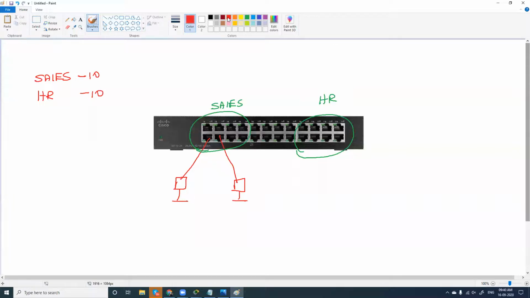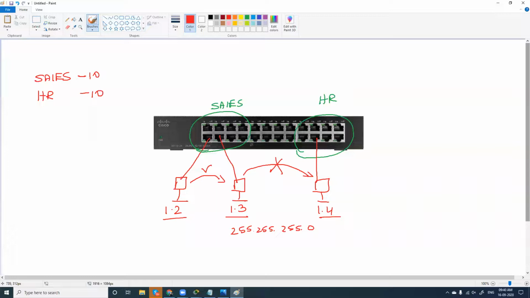But after you have configured, fine, even with the IP addresses of 1.2, 1.3, and if it is 1.4, and they all have the default subnet mask like this, when you try to ping between sales computers, yes, you will be able to ping. But when you try to ping from sales to HR, probably you'll not be able to ping. Even with the same IP configuration, not like subnetting, this is totally different. Why? Because we have configured these ports.